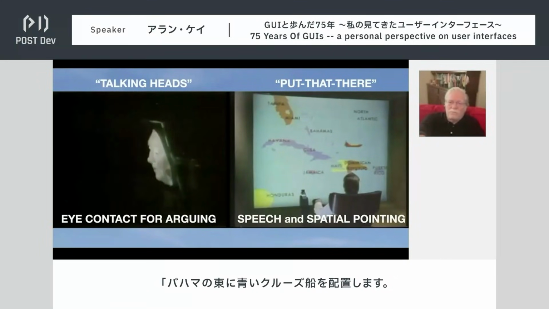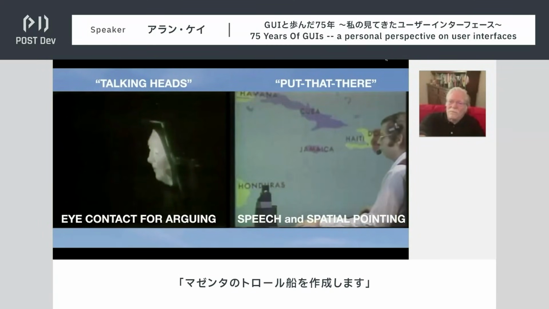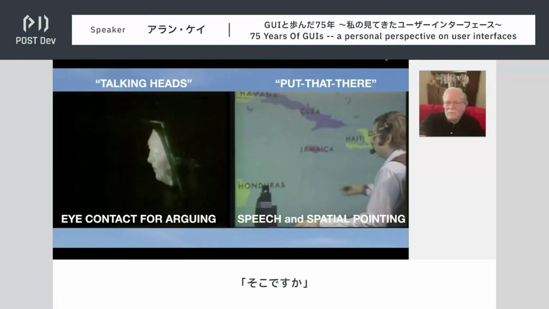Create a blue cruise ship there, east of the Bahamas. Make a yellow sailboat there, north of that. Create a green freighter there, east of the sailboat. Create a magenta trawler there.